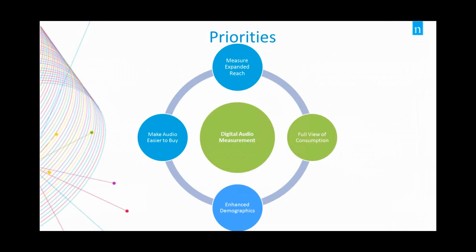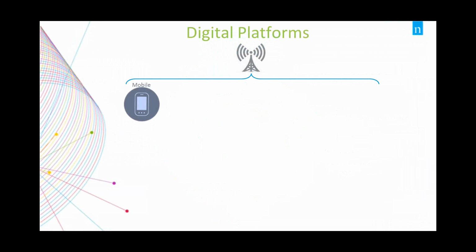The second priority we have is to provide a full view of consumption. Now, it does not come as any surprise to any of us, I'm sure, that one of the advantages of digital these days is that you are able to distribute your content on a multitude of platforms and therefore reach a multitude of consumers. So the first platform is mobile. The second would be web. And the third we refer to sometimes as aggregation platforms. These are companies, for example, like TuneIn, where you might send your stream just for an additional distribution outlet.